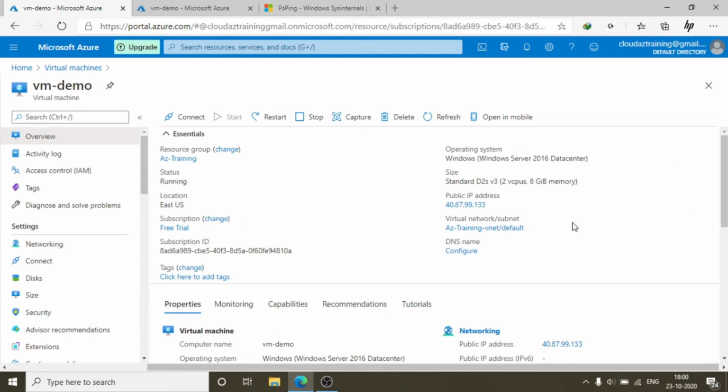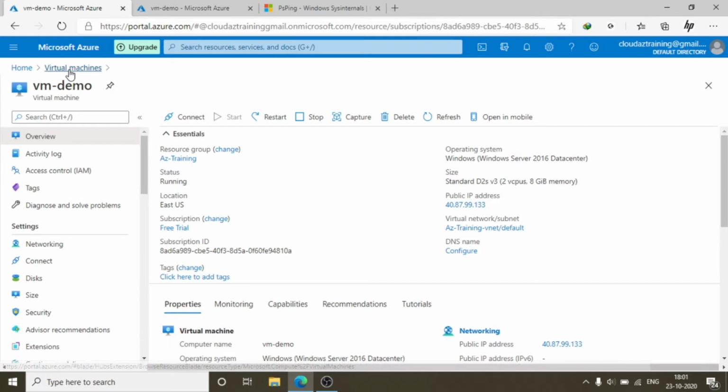Now the scenario is like this: we are not able to troubleshoot the VM, and we have spent 2 or 3 hours. Lastly, what options are available? One option is to restore the VM in the existing one, and the other is to create a new VM and see in that VM whether the application is running or not.